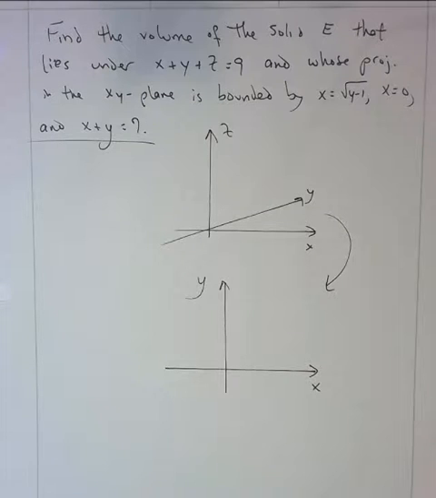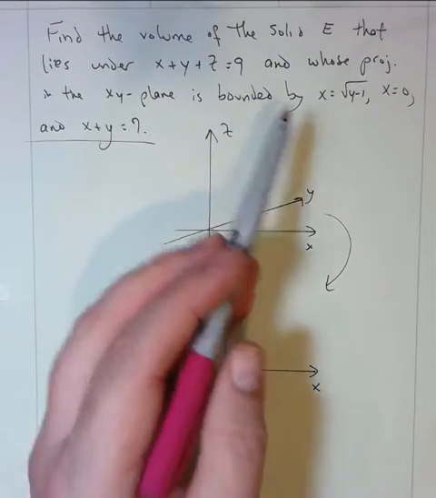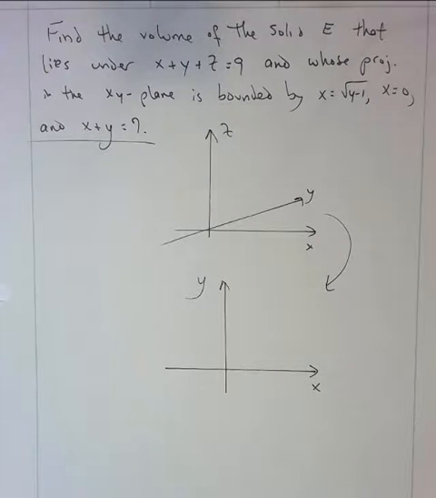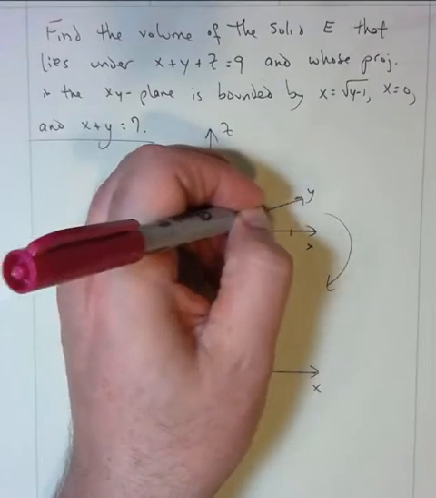But anyway, we're going to set up a triple integral that will find the volume of a solid region. It's a region that lies under a plane, x plus y plus z equals 9, and whose projection is given with boundaries down in the xy plane. So the three-dimensional shape that we're talking about